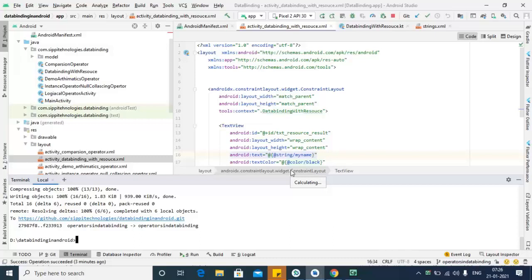Hello learners, in this video we will learn how to change the visibility of your view using data binding. So let's get started. For that, first we will create a new activity for this example and modify our layout